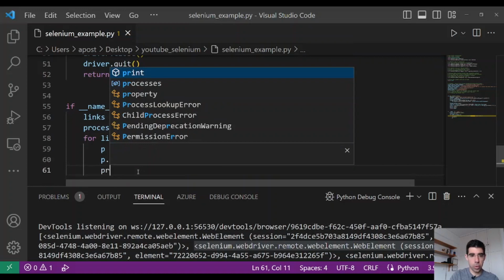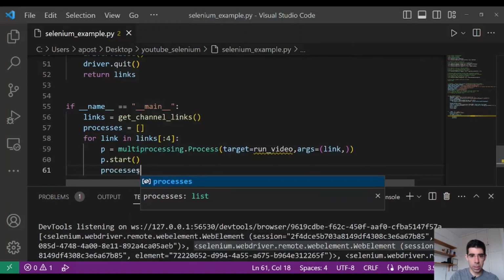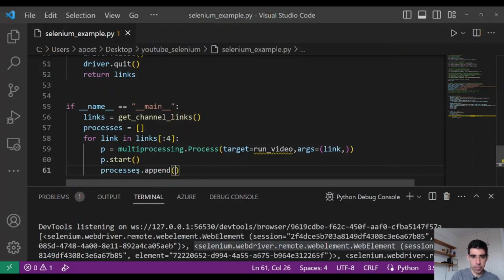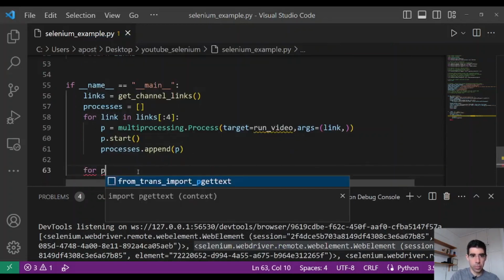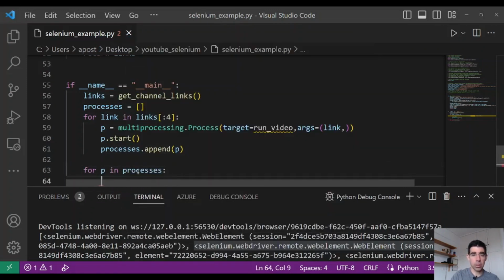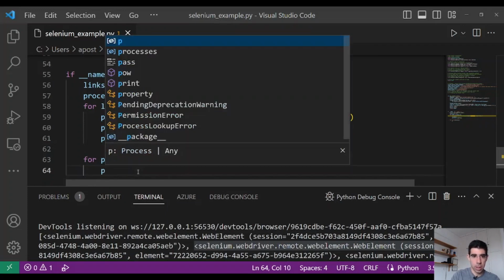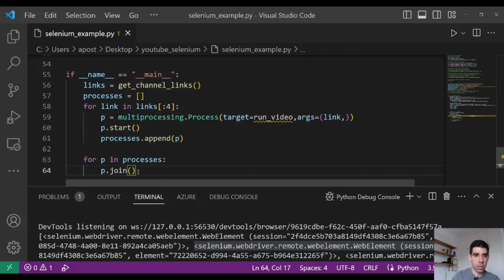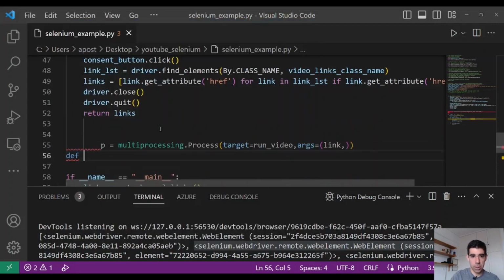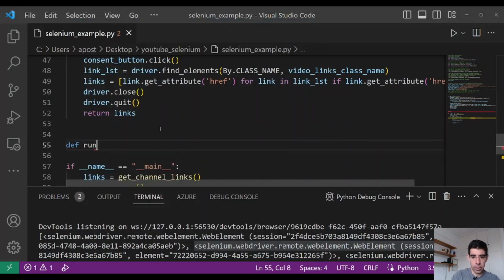and add the process to the list so we can join them back together once they are done with the main process. Append p, and for p in processes, once they are done doing their things, this will join them back to the main process. And here we are. Now we have to define the run video function, def run video